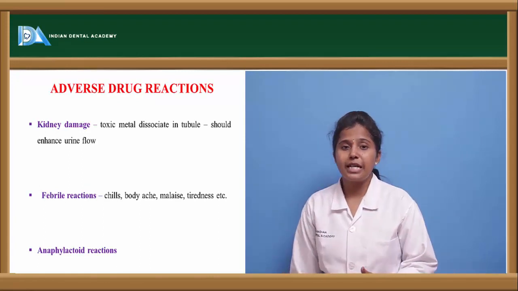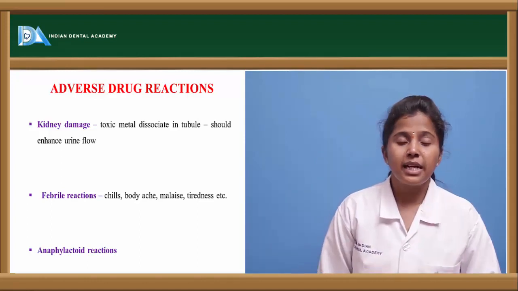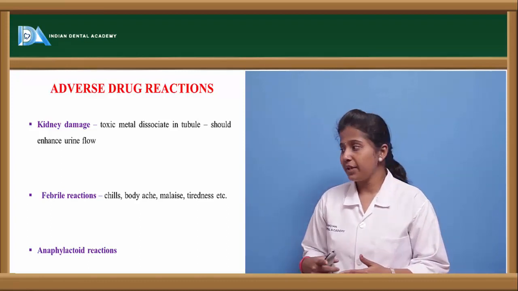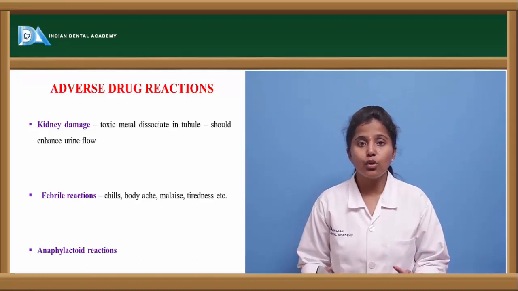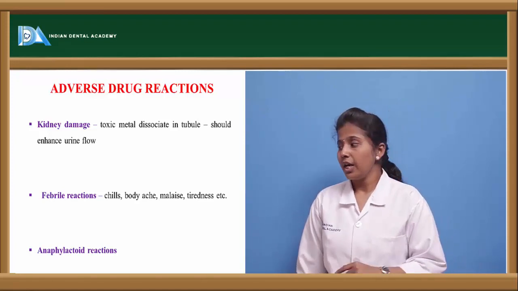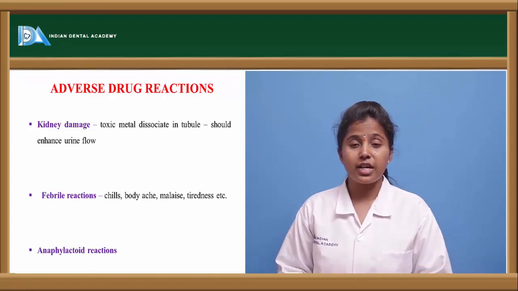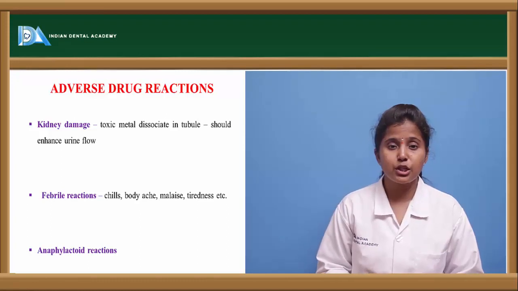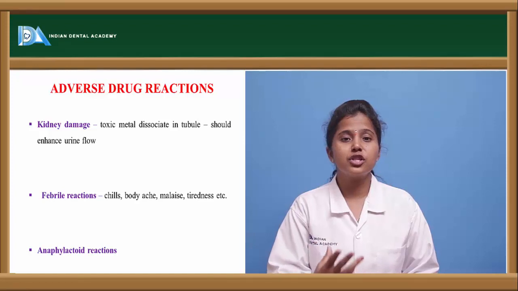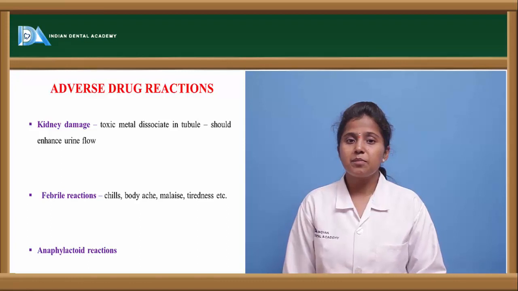What are the adverse drug reactions of this EDTA? It mainly has adverse drug reactions with the kidney. It can cause kidney damage if given in overdoses. It may cause chills, fever, sweating, tiredness also if given in overdose. And if the dose exceeds its threshold limit, it causes anaphylactoid reactions. Anaphylactoid reactions are severe allergic reactions which cause swelling of the face and release a large amount of allergens in the body. So these are very dangerous allergic reactions. In some cases, it may lead to death also.